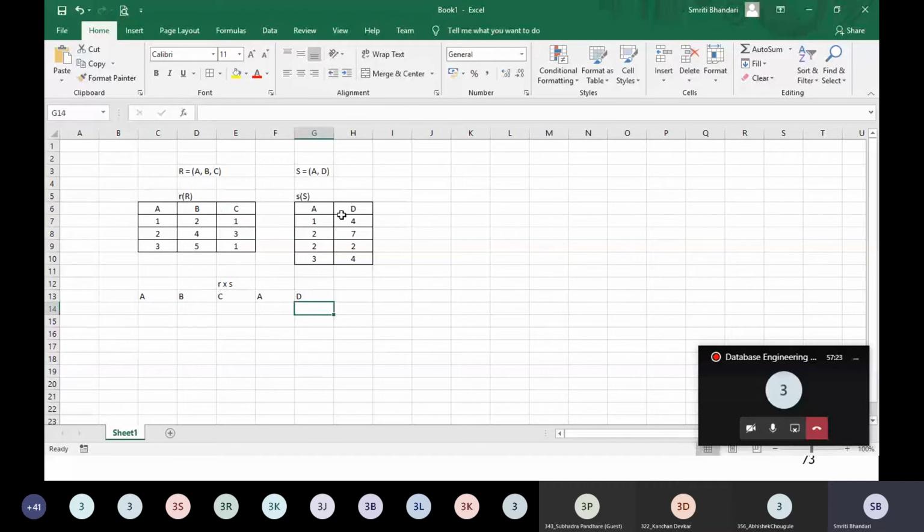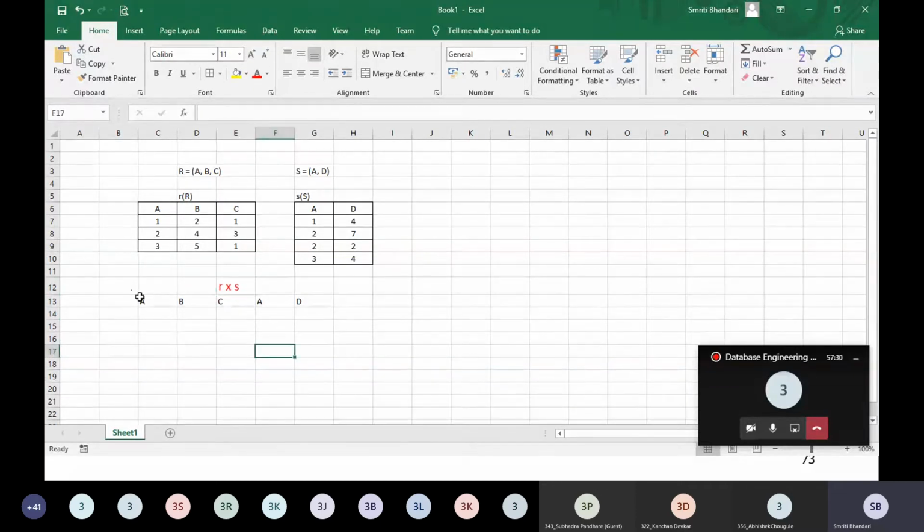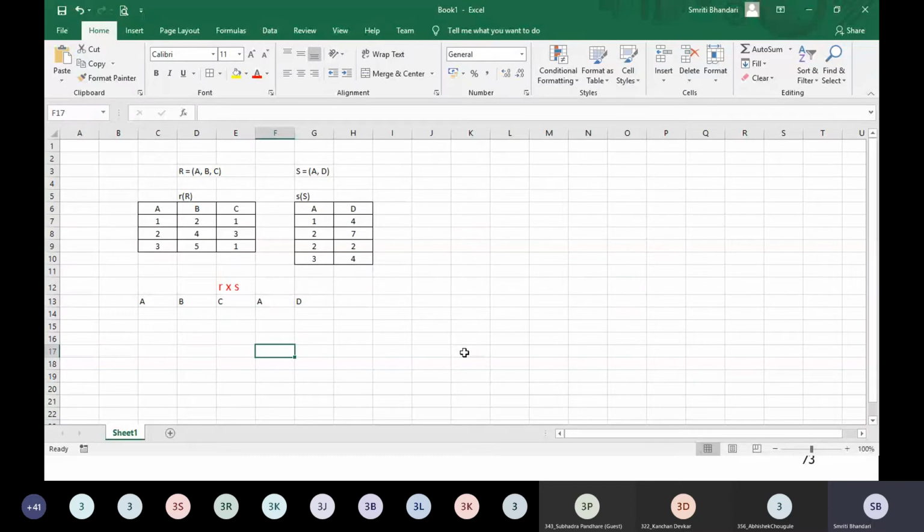So A, B, C are the attributes from R and A and D are the attributes from S. So in our Cartesian product, R cross S will be having these 5 attributes A, B, C, A, D. And how we are going to populate this R cross S? According to definition of R cross S, we are having all the pairings of the tuples from both R and S. So I am having this first tuple R